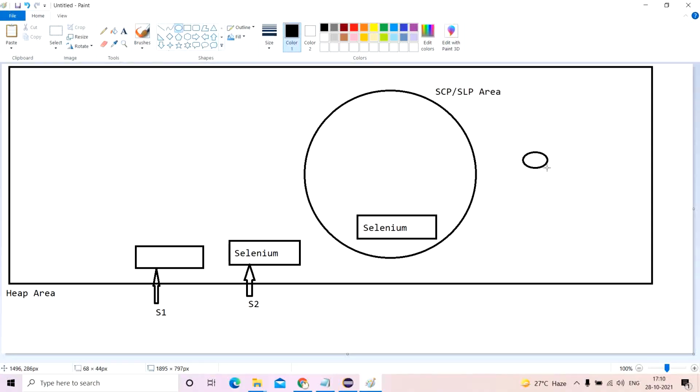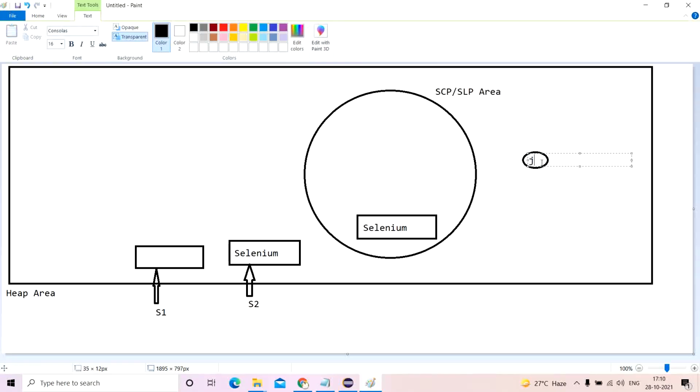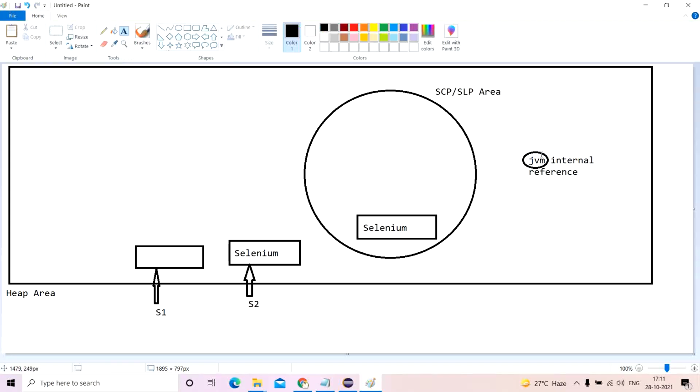Okay, so let's say this is the JVM internal reference. This hypothetical being will refer to this particular object.